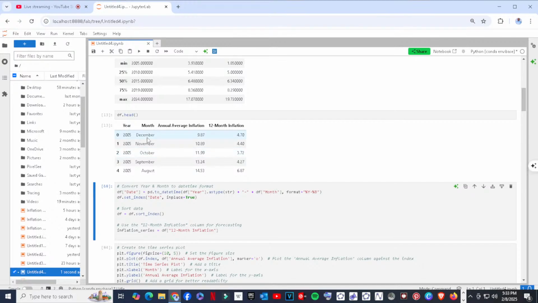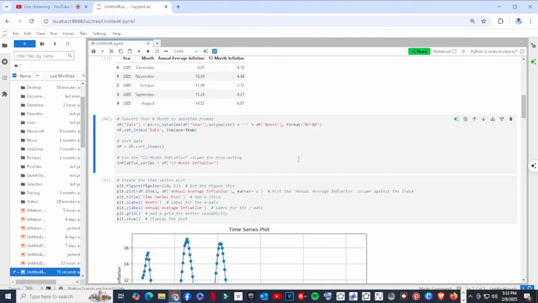So that if I check the head of the data frame, I should get the first entry being 2005 January, with an entry corresponding to that. But that's not the case. That's why I need this command here.